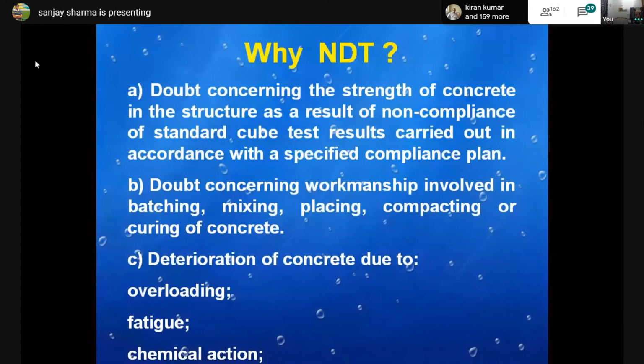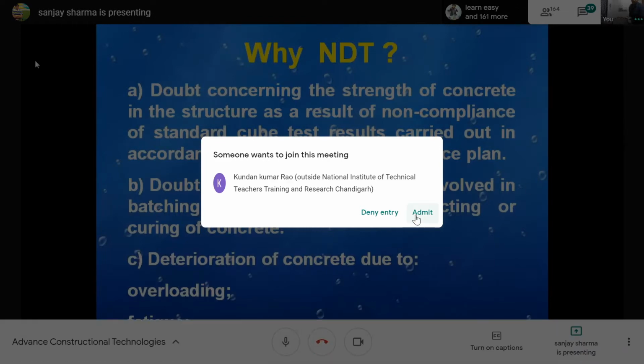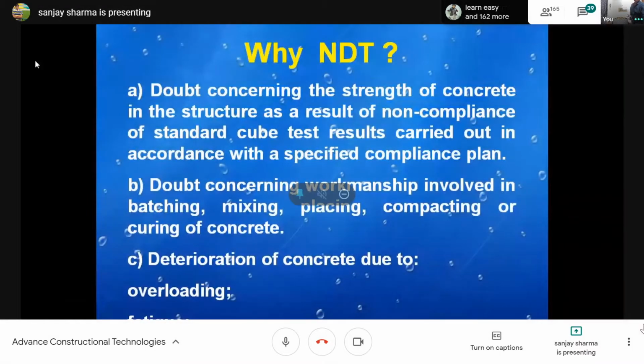That compliance with the specification is very important. If we have to achieve a strength of say M40, we have to check at site, and generally we go for cube testing and all that, but many times doubts arise because of the workmanship involved,